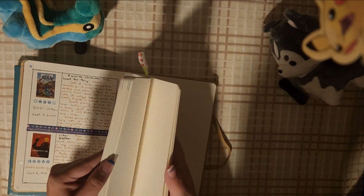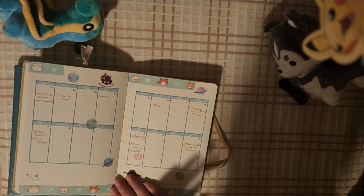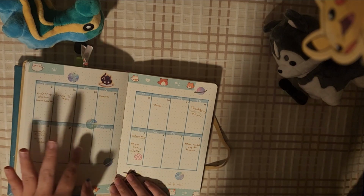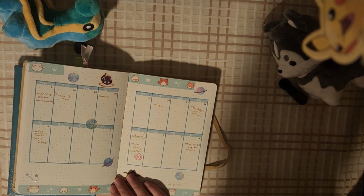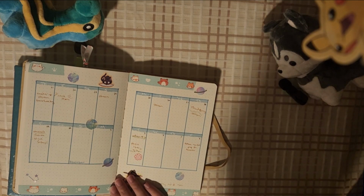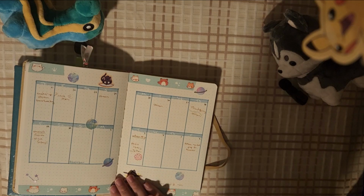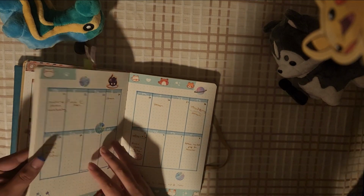And then as we flip forward, I've also been doing what I call a 2 week sprint, but it's not 2 weeks exactly. It is 1, 2, 3, 4, 5, 6, 7, 8, 9, 10, 11, 12, 13, 14, 15, 16. It's 16 days of a sprint. This was really great in August and September when I was very stressed out and didn't know what I was doing. And I was leaving this page out specifically. I do have my,